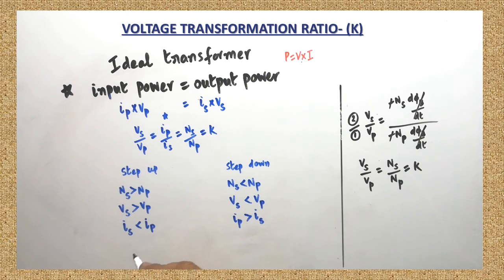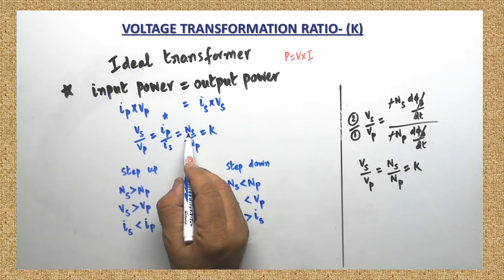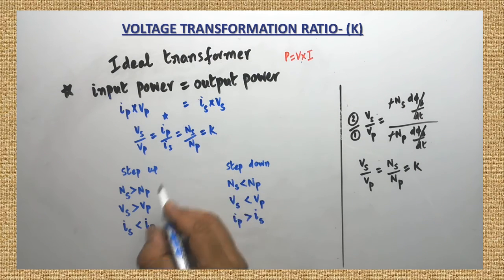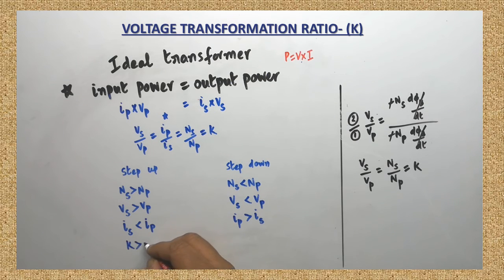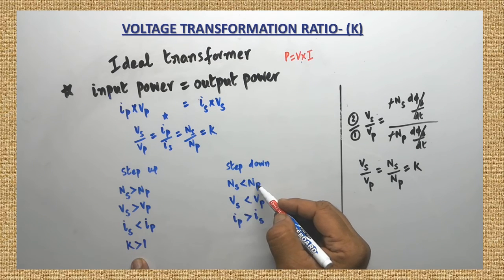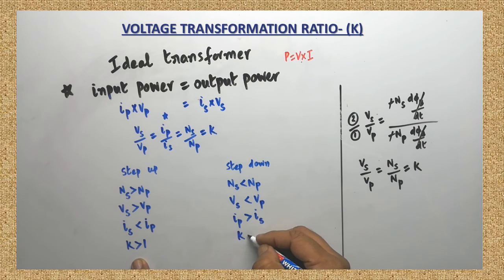Here the number of turns in the secondary coil in a step-up transformer is greater compared to the number of turns in the primary. So if you calculate the ratio, that K value will be greater than 1 in the case of step-up transformer. In the case of step-down transformer, the number of turns in the secondary is less compared to the number of turns in the primary. Therefore, mathematically we can say that the voltage transformation ratio in the case of step-down transformer is lesser than 1. So like that, we are able to differentiate the two by using these 4 points. This one may be asked in the examination. Are you clear?